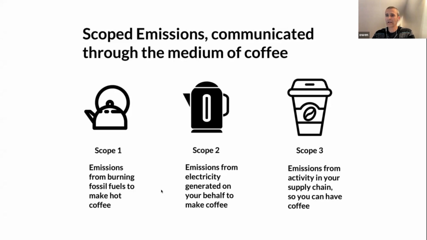So if you're looking at any sort of carbon reporting, there's what's referred to as Scope 1, Scope 2, and Scope 3 emissions. So the easiest way to think about Scope 1 is any emissions that your organization produces directly. So for example, if you work in an office building and that office building is heated using natural gas, then the carbon emissions from that natural gas would fall within your Scope 1 emissions.